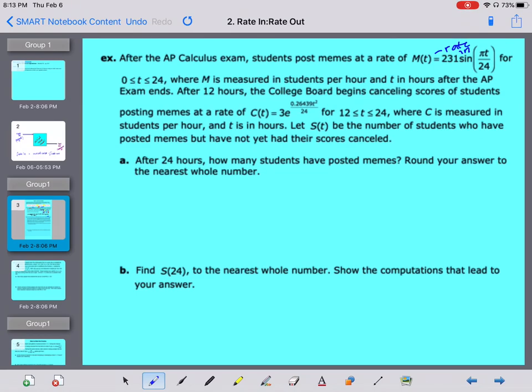For t in between 12 and 24, where C is measured in students per hour and t is measured in hours, it says let S of t be the number of students who have posted memes but have not yet had their scores canceled. So M of t represents every student who has posted, C of t represents the number of students who have had their scores canceled, and then we're looking for the difference between those two. So I'm going to define S of t off to the side